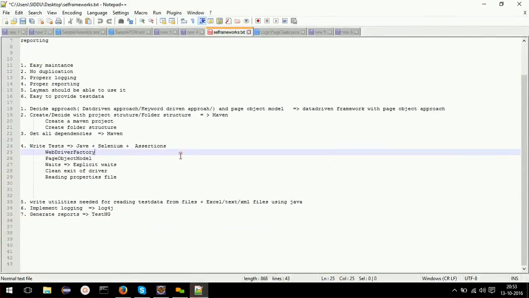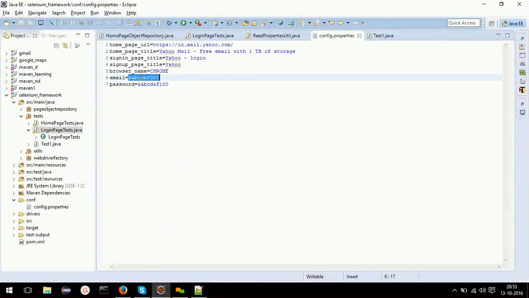So currently what we are doing, we just gave a valid email and valid password so that our test case is successful.